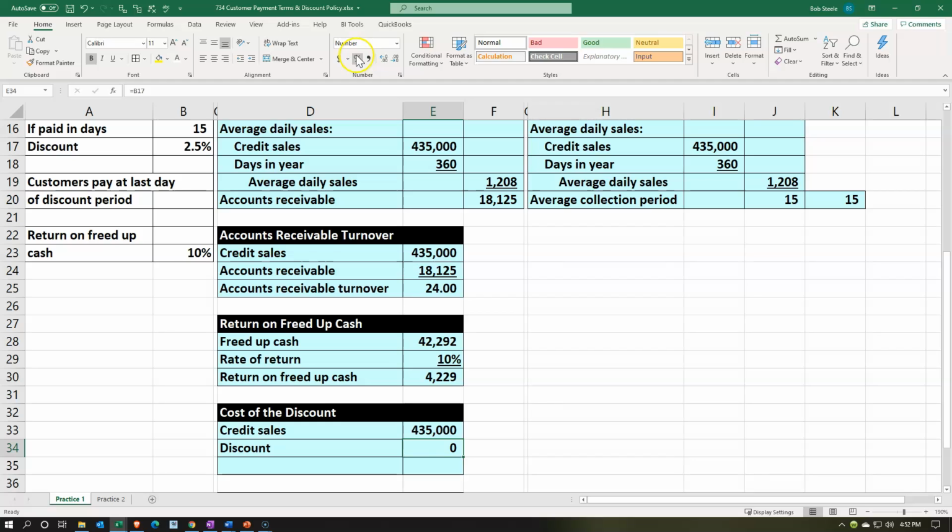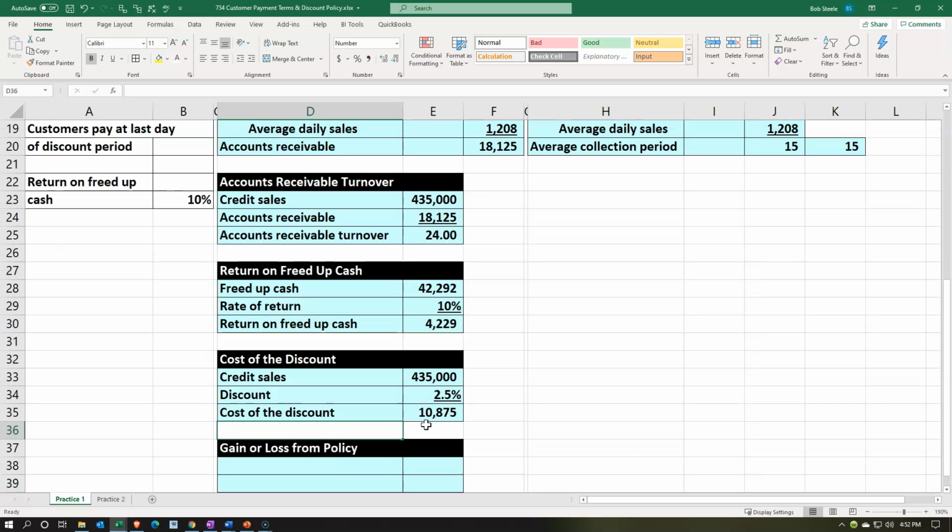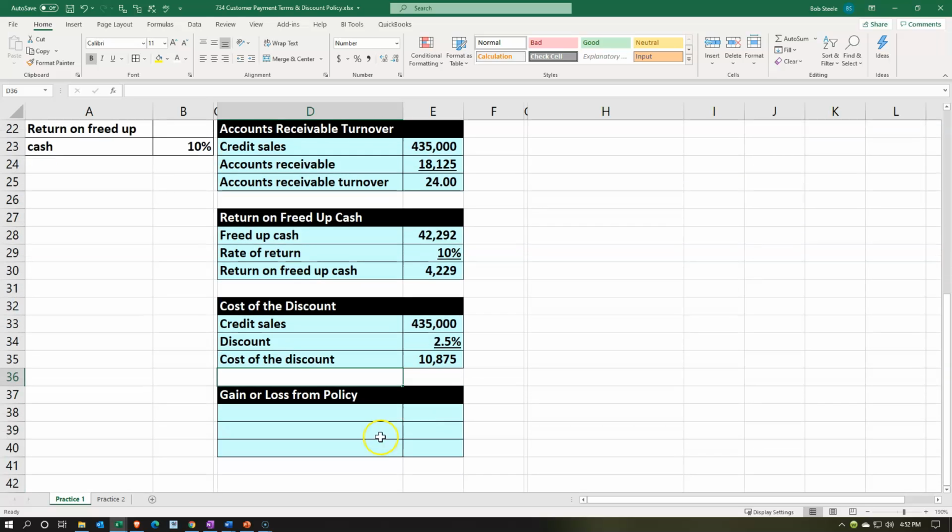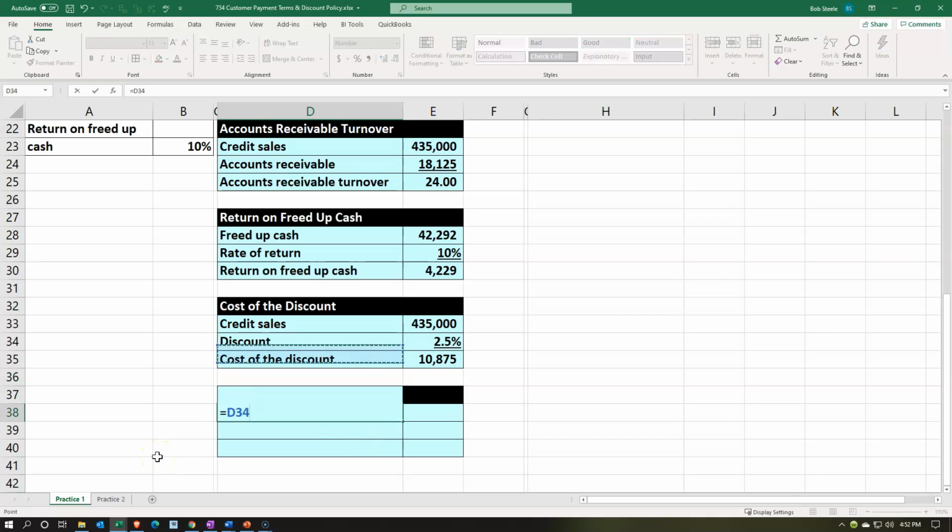Home tab, Number Group, percentifying that cell, adding a decimal. Let's underline it. Home tab, Font Group, Underline, and then that's going to give us the cost of the discount. And so that's going to be equal to our total sales times this 2.5%. Now the 2.5% is pretty small, but has a significant impact when we apply it to total sales. So if we think about this policy, we can say, all right, we freed up the cash